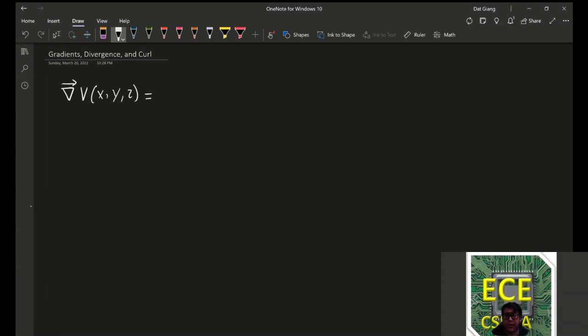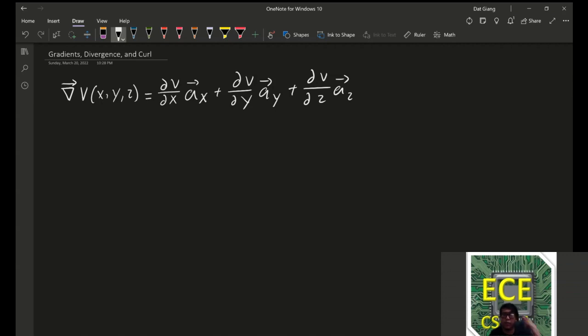So this means that we have the partial derivative of v with respect to x acting in the direction of x, plus the partial derivative of v with respect to y acting in the direction of y, and the partial derivative of v in the direction of z, as given below. Now, intuitively, what this tells us is we're asking what is the rate of change in